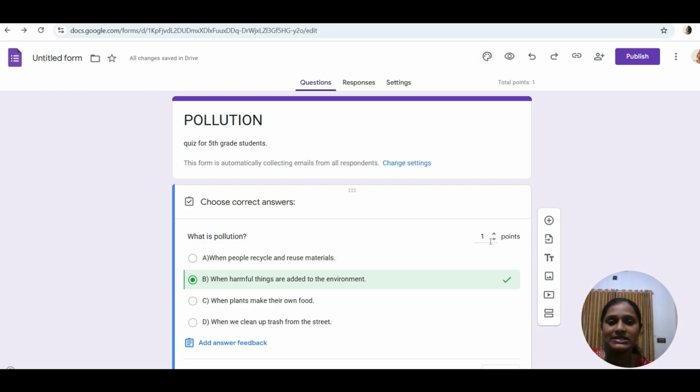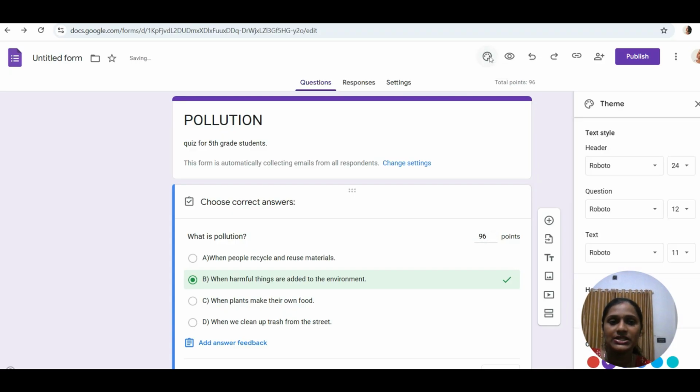Okay, points can be changed. You can change the points, can be 2 or 3, whichever points you want to change over here, you can make it. And the total points of the questionnaire will be reflected over here. Okay, and if you want to make any changes in the themes and settings, it can be changed over here,